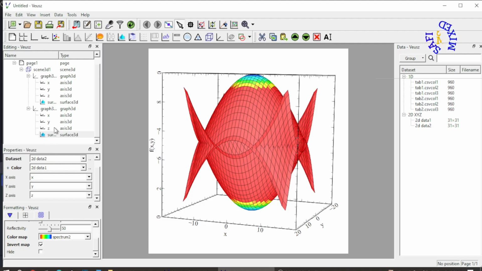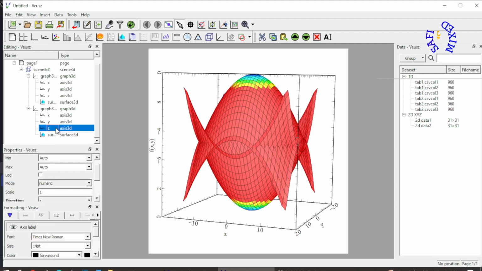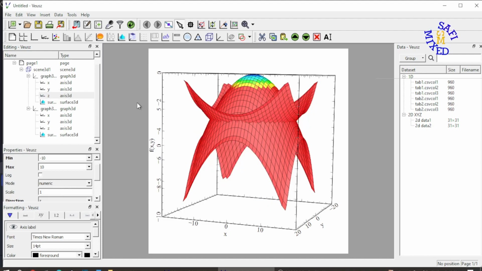But now I know that in this case the minimum value of my data is -10, and the maximum value of this data is 0. So either I have to change the values over here, or I come to the first plot and I change the minimum over here to -10. And if I do that, this whole scale will be rescaled from -10 to +10. If I click enter, see it is